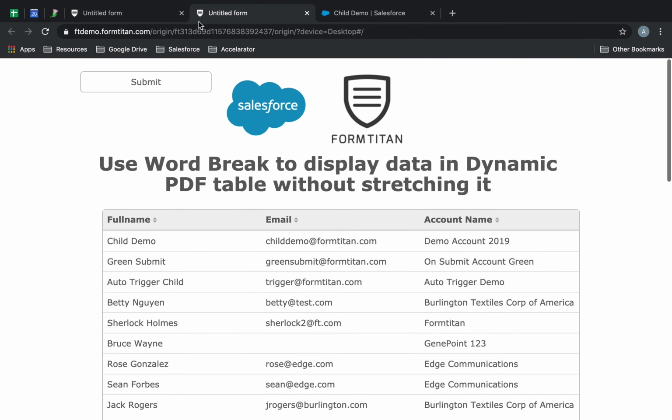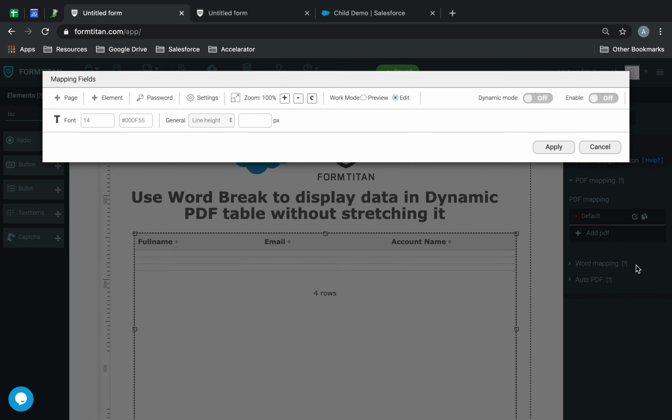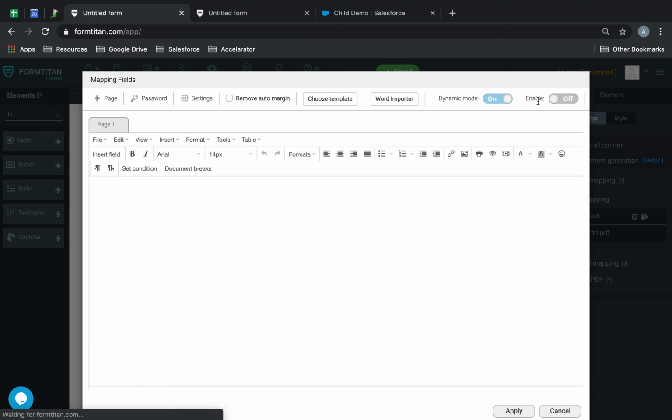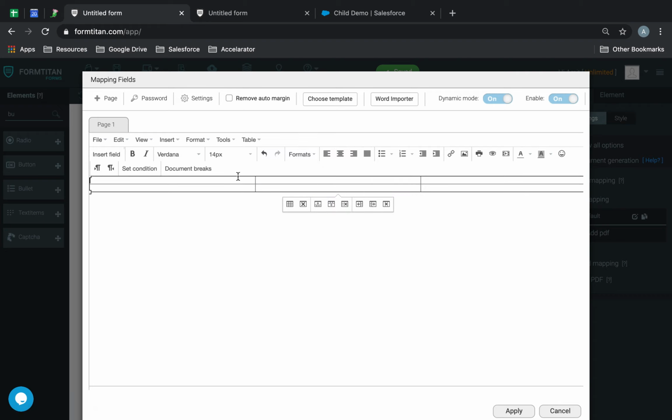That's pretty good. Now, moving on to the PDF side, where we're going to show you everything, especially in dynamic PDF. So dynamic must be switched on and enabled. I'm going to go ahead and add a 2x3x2 table. So in here we'll say full name, we'll say email, and we'll say account name. Then what I'll do is I'll make this a bit bigger,